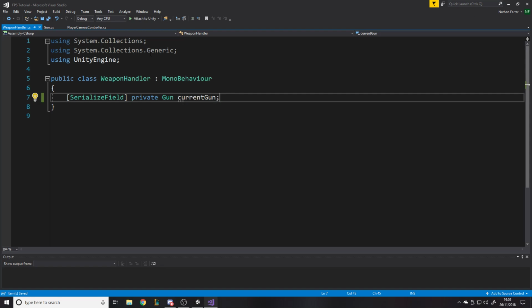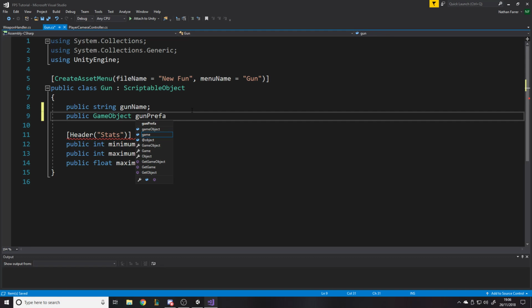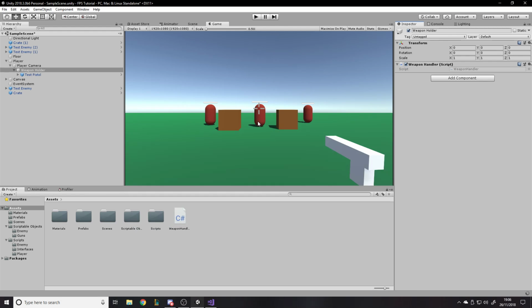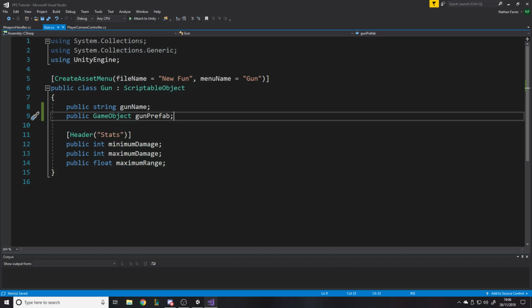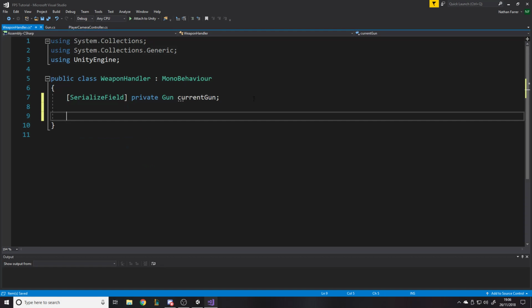And let's also go to the gun and add a public game object. Public game object gun prefab. Now, I'm not going to bother with lining it up properly at the moment, but we'll just add that anyway. So yeah, the weapon holder has a current gun, and all it's going to do is